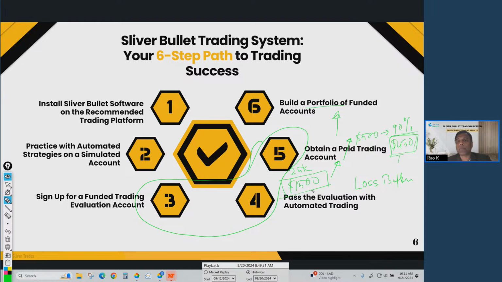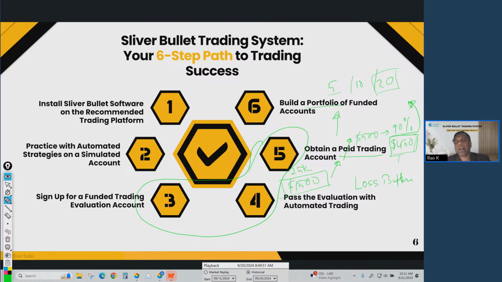You do not have to stop after passing one evaluation. You can pass one more evaluation, get one more trading account, one more evaluation, one more trading account. You can make a portfolio of five accounts or 10 accounts or 20 accounts depending on the funding provider. Some providers let you make a portfolio of up to 20 accounts, some only 5 accounts. And you can build a portfolio and trade in parallel across all your accounts, and you multiply your profit by that many number of